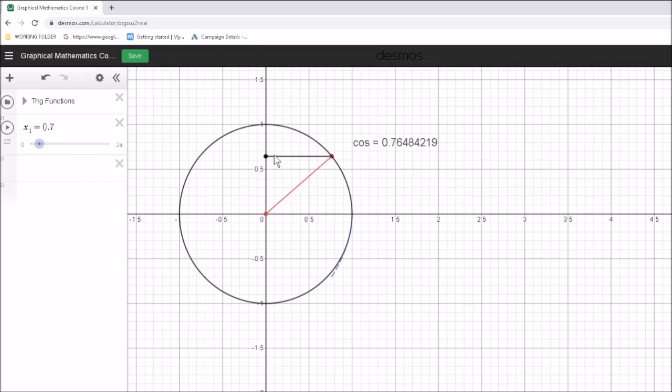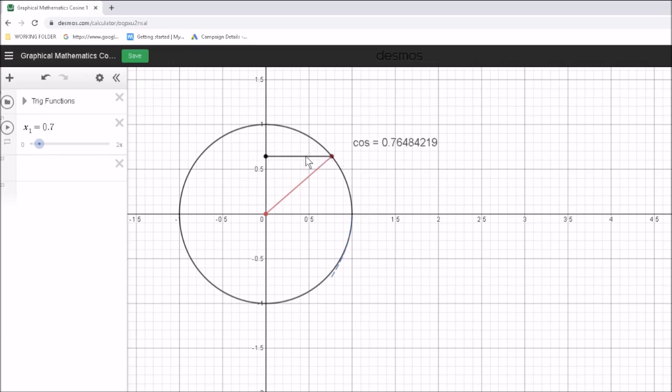So the cosine is the adjacent divided by the hypotenuse. So it's just this length divided by this length here. Now again, if we make this length here just the radius of the circle, which is equal to 1, then the value of your cosine is going to be your x divided by, we can call that distance r if you want, so it's going to be x upon r, but if r is just equal to 1, we can simply say it's going to be